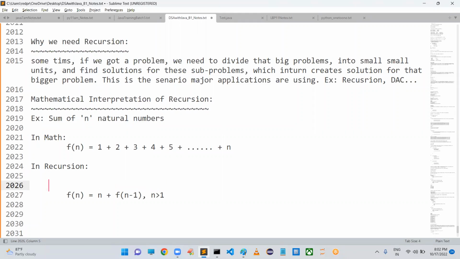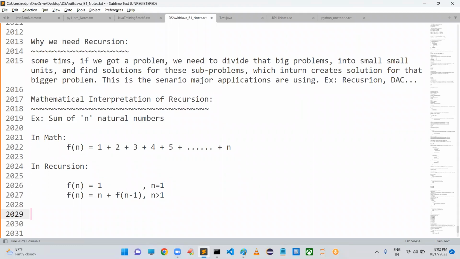Sir, now here, we need to provide one more function for this, because as you know, in recursion, the base condition is very, very important or not? Yes. Now I am preparing that base condition. F of n is equal to 1 when the value of n is equal to 1. So when you get n is equal to 1, you substitute 1. That means the solution for the lowest problem is nothing but 1. Like that I am taking.